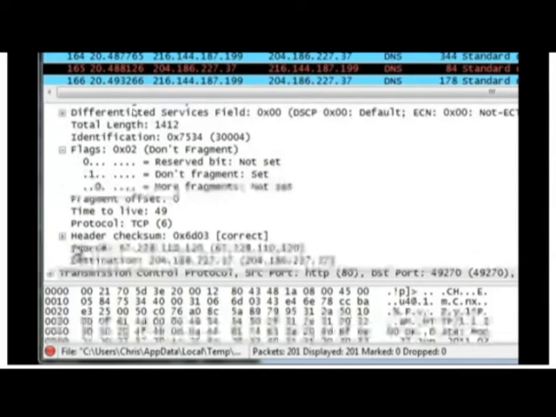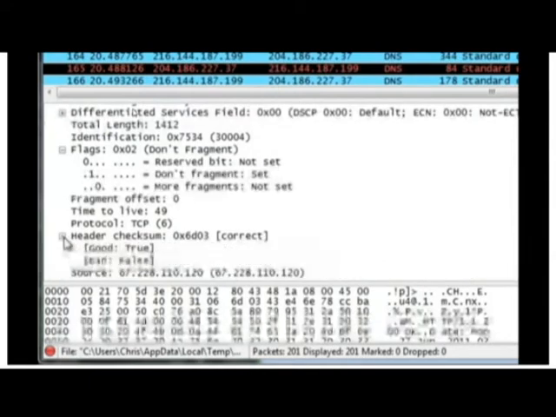Scroll down here, and this header is saying that the checksum has correlated with what it should be, meaning that the packet was sent uninterrupted or uncorrupted.